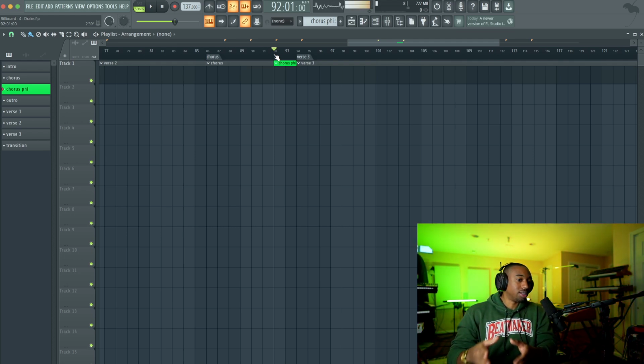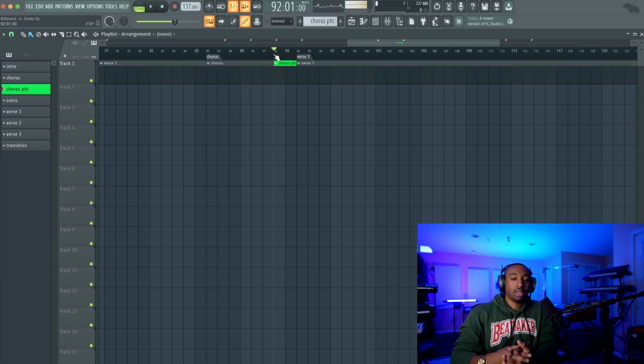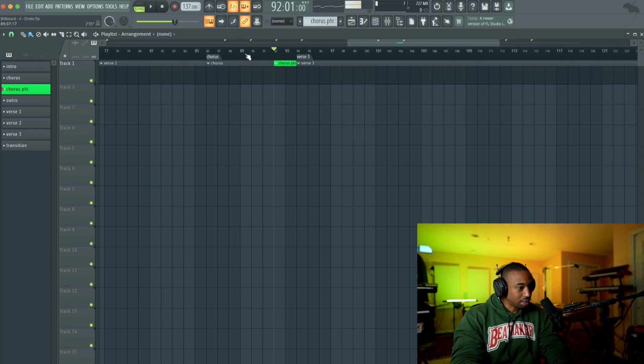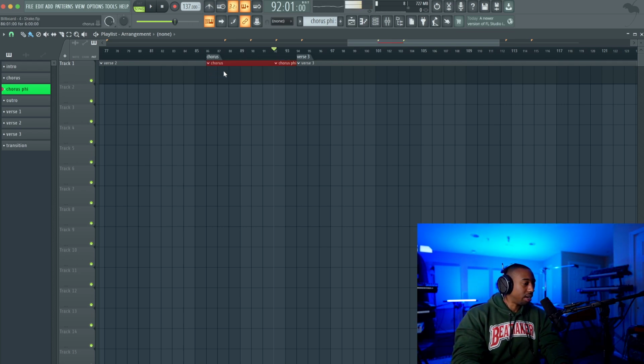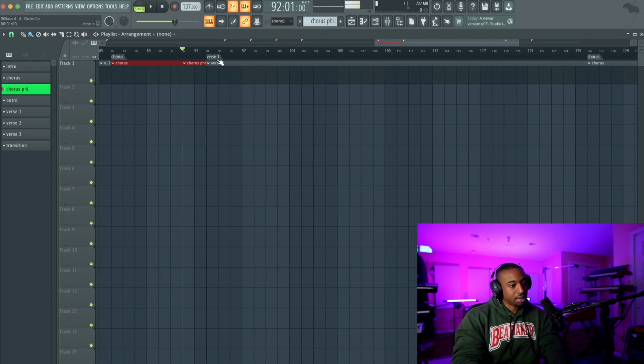And in hit songs, they actually have this marker. So I call it the golden ratio or fee. And I've marked this in the song templates for you guys. So this is at the 92-second mark here. 1, 2, 3, 4, 5, 6, 7, 8. Another 8-bar chorus, again at 137, but technically it's 4 bars.